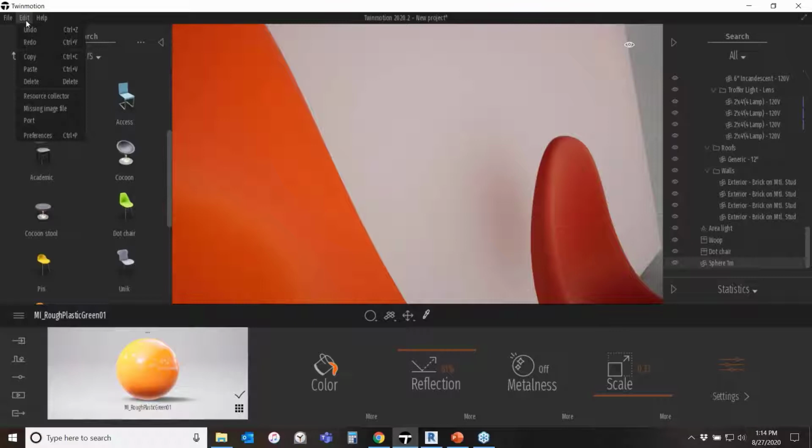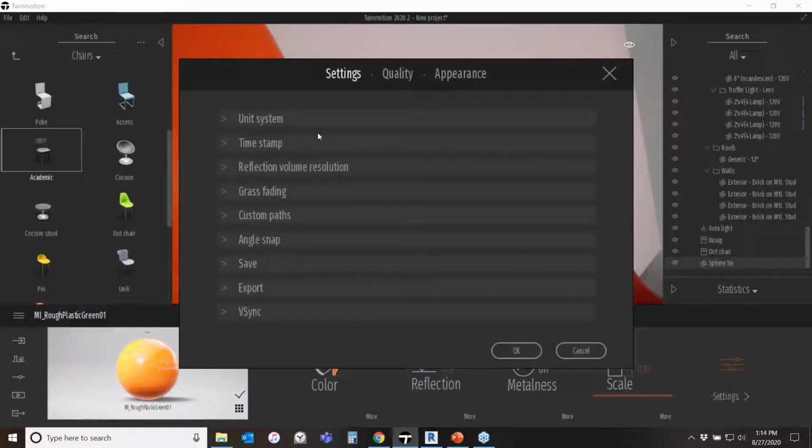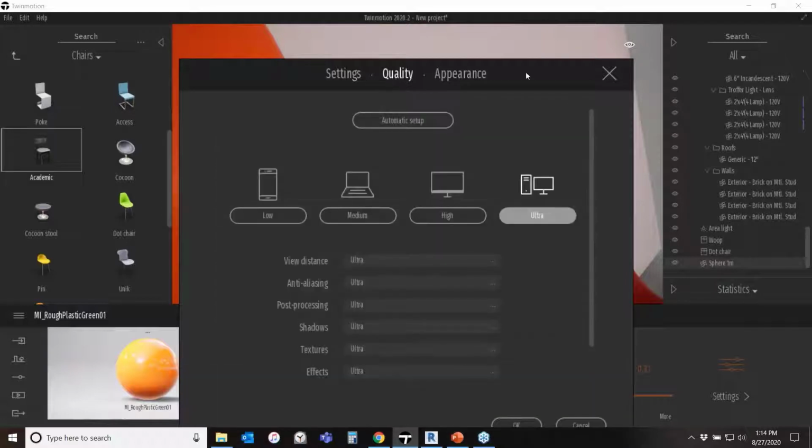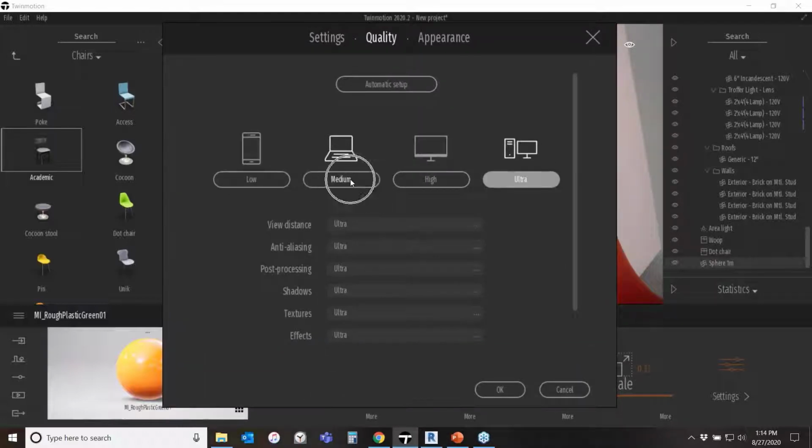Because I'm using a laptop that is a few years old, it's got a dedicated NVIDIA M2000M graphics card. It doesn't have a huge amount of video RAM, which is pretty important for these real-time renderers to process pretty large scenes with a lot of geometry. But my computer, for example, in the preferences, if I go to this quality setting, it defaults to medium,